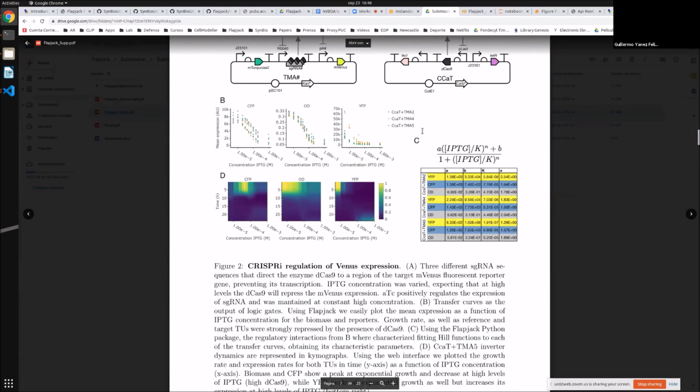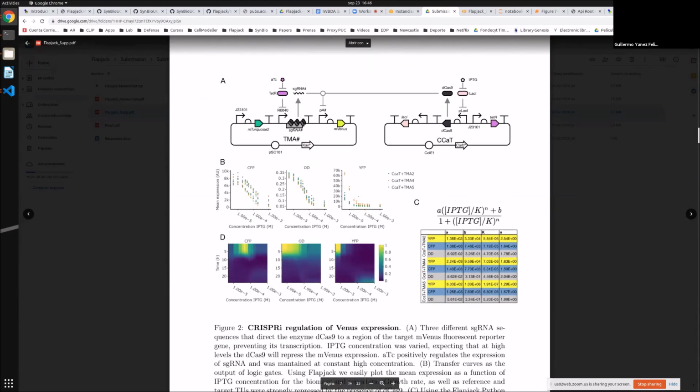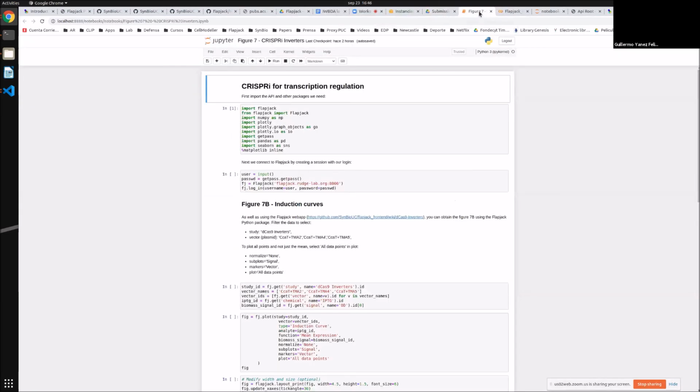Yeah, these parts. This is the table that Gonzalo showed you. You are able to characterize field functions, etc. So now, actually, I will show you this notebook quickly because it's also in our